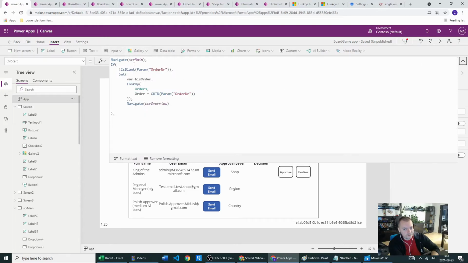And in here, we are navigating to the main screen. If the parameter which we are passing in the link, the parameter name order number, is not blank, then we will be setting the variable varOrder, which we remember is still the same variable. And we will go with the lookup, we will check the orders, and the order will be saved as our param order number. We use the GUID function to keep the same